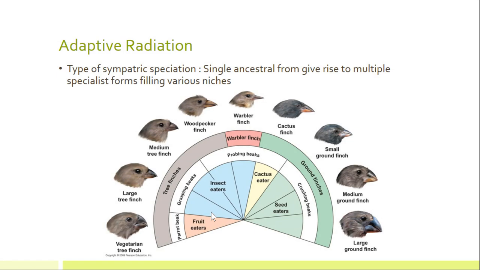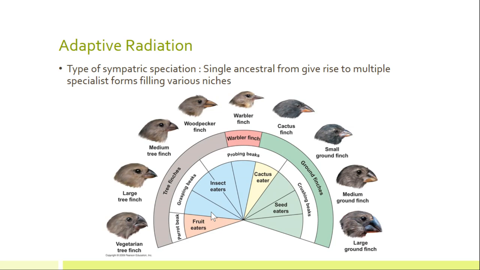Okay, so let's talk a little bit about adaptive radiation and speciation. There are really two types of speciation. There is allopatric speciation and sympatric speciation. And every time we've talked about geographic isolation, like Arctic foxes and red foxes, grizzly bears and polar bears, they are separated by climate. You may have something that's separated by an ocean, you know, mountains, whatever. That is allopatric speciation. They don't have the opportunity to breed, and so genetic changes stack up.